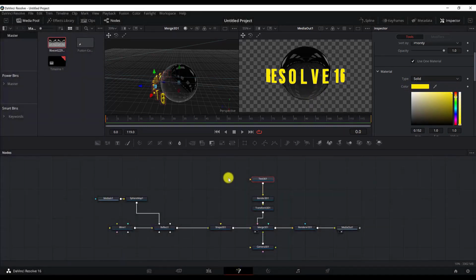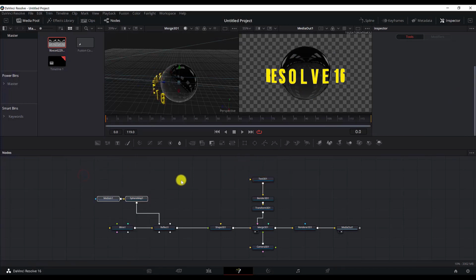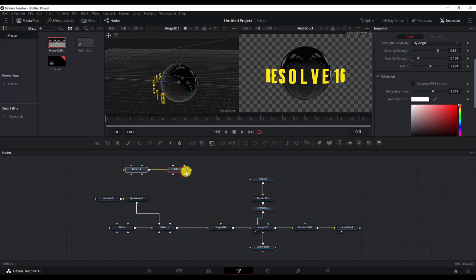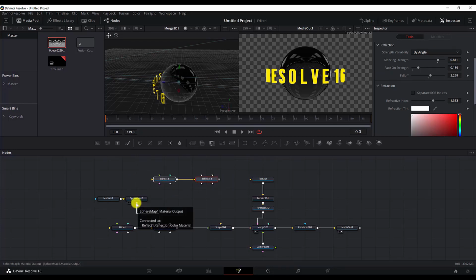And now to be able to add the reflection to this material as well to the text, we can use this sphere map, the same sphere map. We can copy these two nodes here, Ctrl C and Ctrl V to paste them. Now we can reuse this sphere map here, right click and connect it to the reflection color material of the reflect node. But if we try now to add this material directly to this node, it won't let you